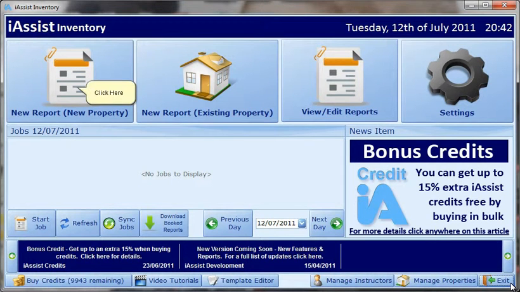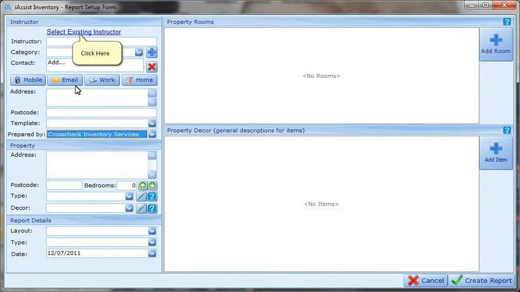In order to create a new report for a new property, the first thing you have to do, you guessed it, is to choose New Report, New Property from this main menu. The first information to be entered are the details of the instructor, in other words, the details of whoever has